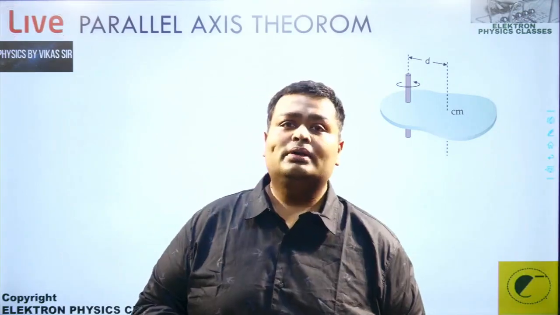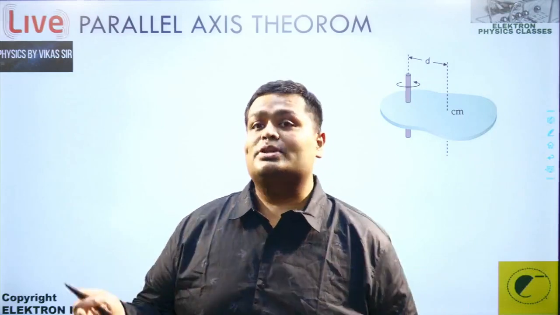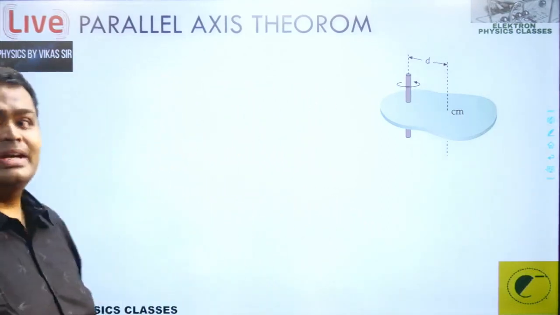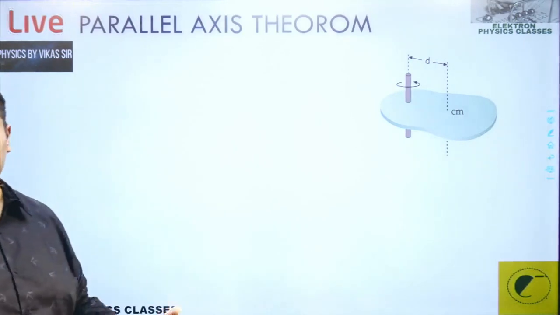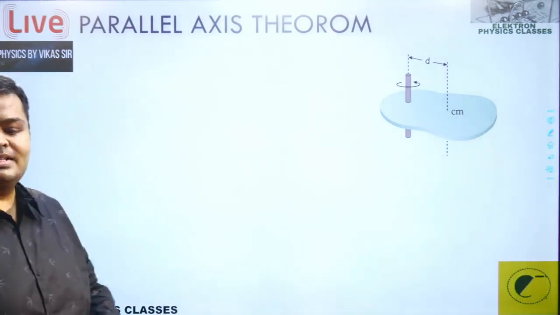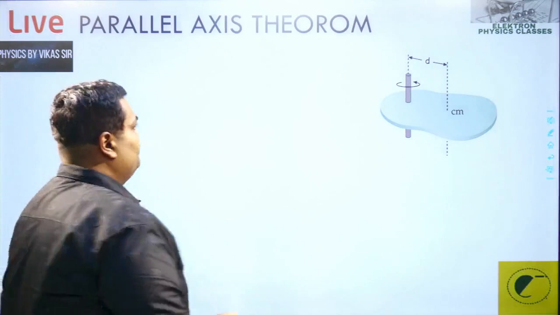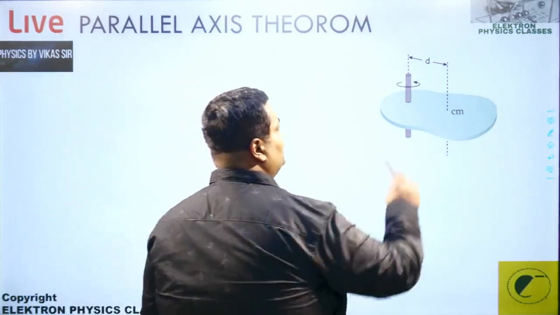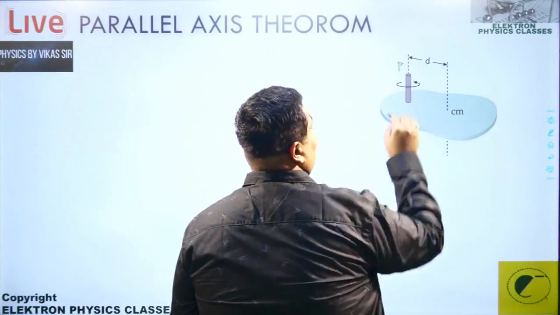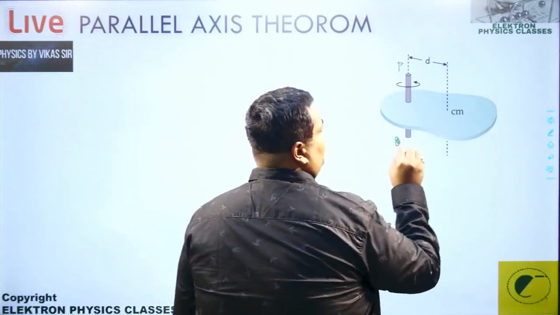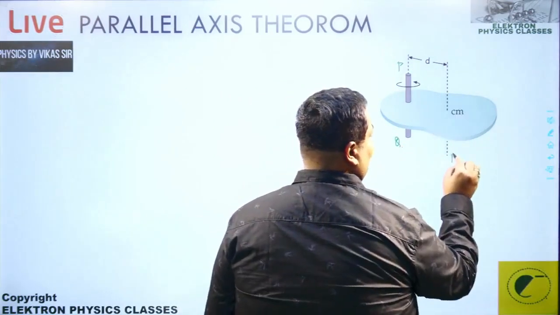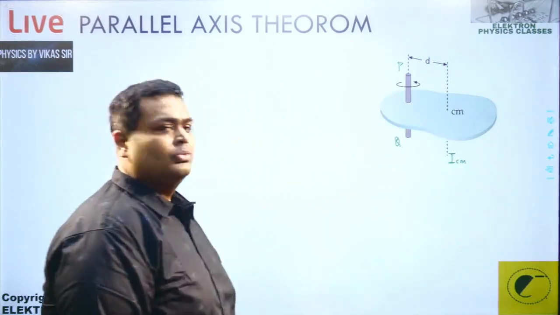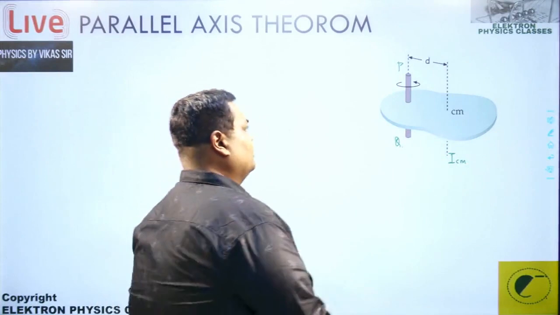So about which axis? The centroidal axis. It is coming minimum. Correct? And now we are going to check it about the different axes. So let's check it about a different axis, which is this axis. Let's label the axis as PQ. And this axis is the center of mass axis, that's I_CM axis. And there is some distance between them.